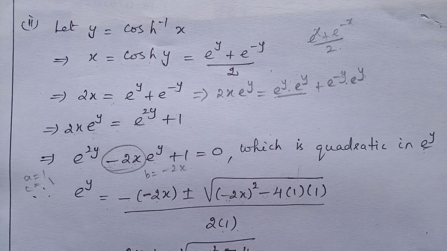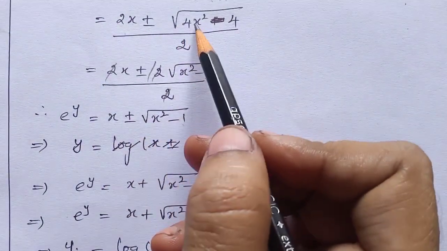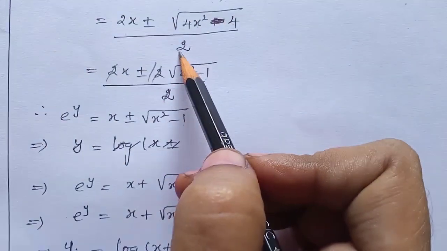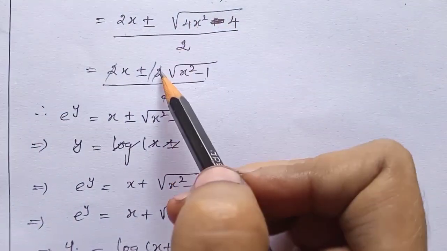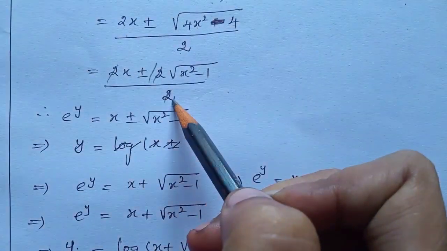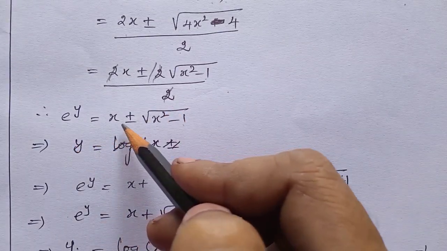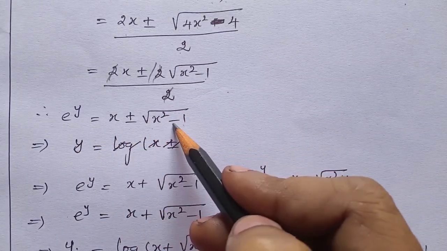So that is equal to 2x plus or minus root of 4x square minus 4, divided by 2. Here, when we take the root of 4 outside, we get 2. So 2x plus or minus 2 into root of x square minus 1, divided by 2. We cancel the 2, and after canceling we get e power y that is equal to x plus or minus root of x square